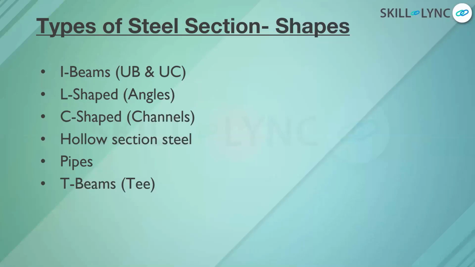It's normally used in all projects as universal beam and universal column. Even though it is named I beam, it is normally used for columns also. The I beam is also known as an H beam because of the shape, and it's the universal beam used mostly in all projects. This I beam has two horizontal elements, the flanges, and a vertical element, the web. The web is capable of resisting shear force, and the horizontal flanges will resist most of the bending moment.